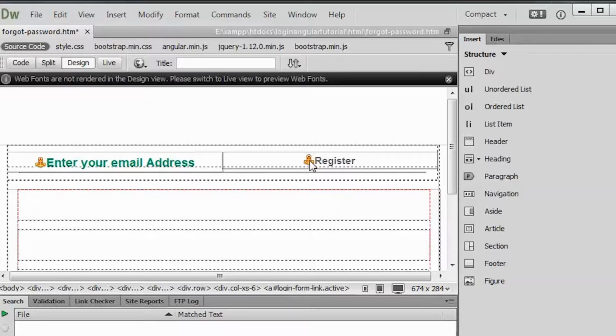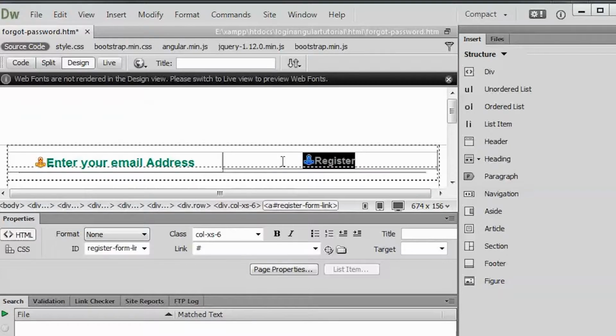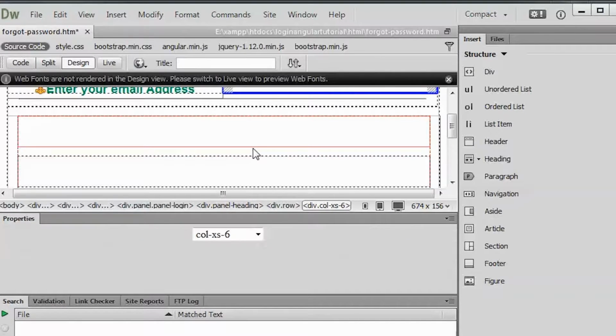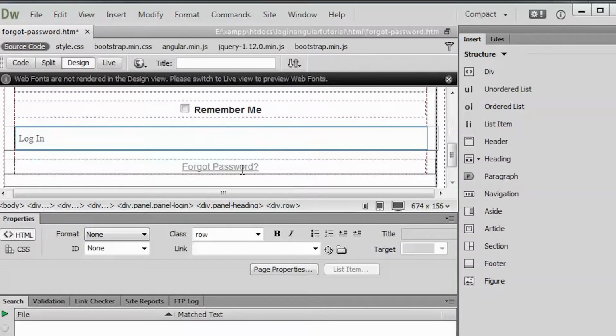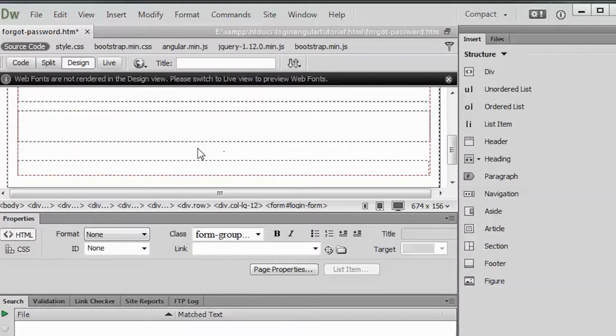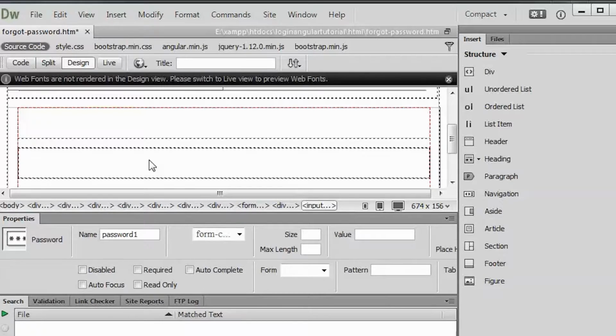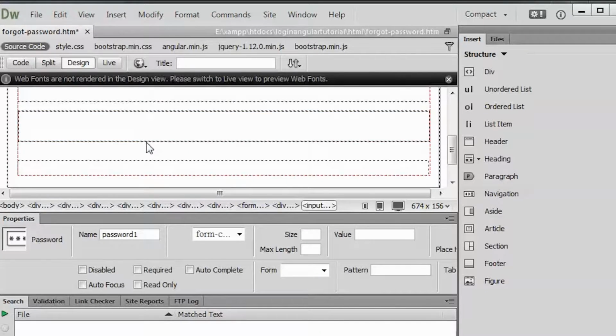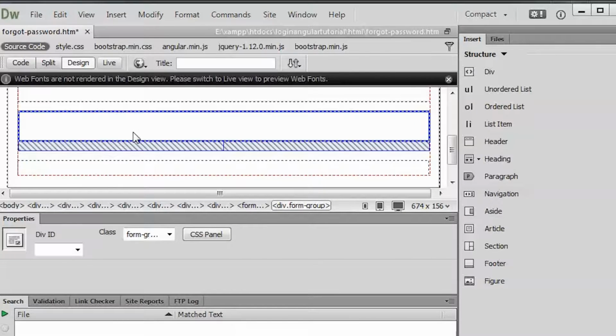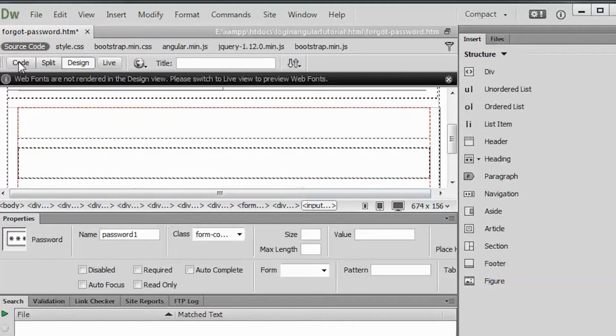And I'm just going to remove this unnecessary register stuff, pressing delete. I'm going to remove all these things too. This is not the sensible way to do it. You can just create a new page. You can design it accurately when you're making a live project. I'm just demonstrating to you, so that's why I'm not doing it accurately, as I want to make sure that this video is short.